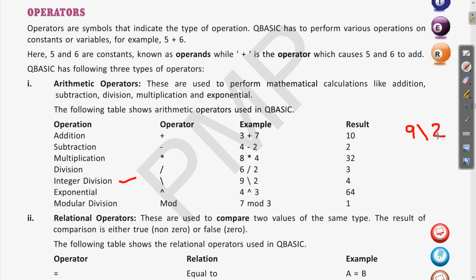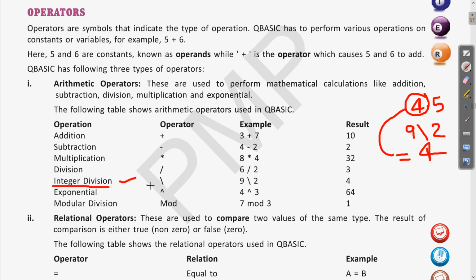So 9 integer division by 2: the value is normally 4.5, but when you use integer division, only the integer part is given to you, and the 0.5 is not taken. So only the 4 will be the result when we use integer division.